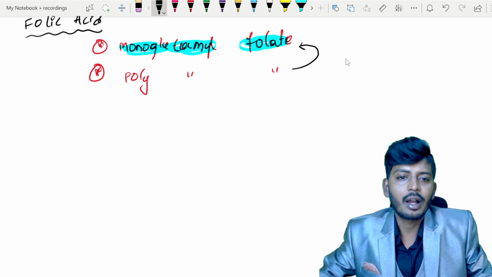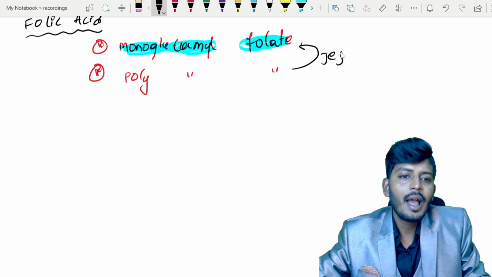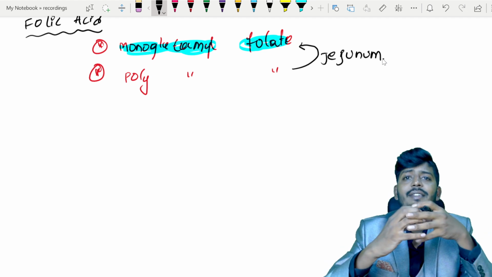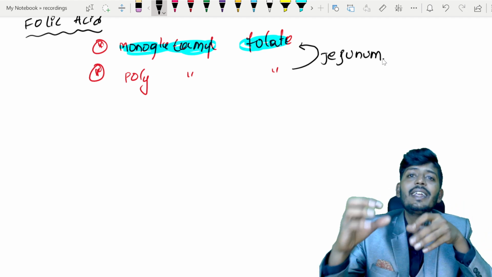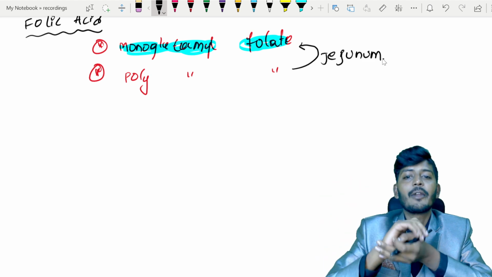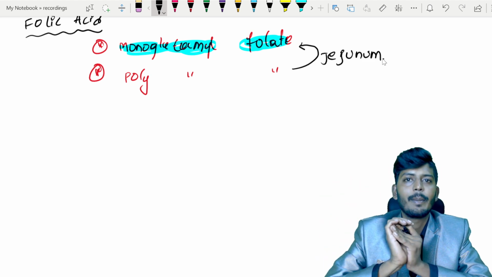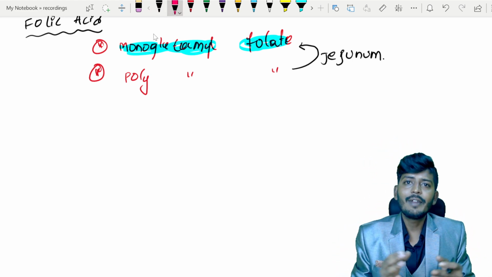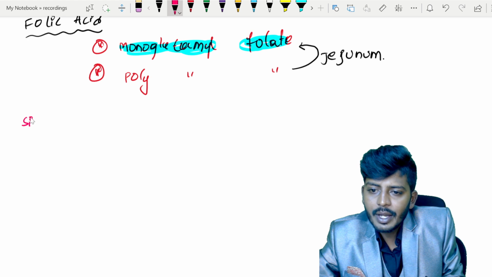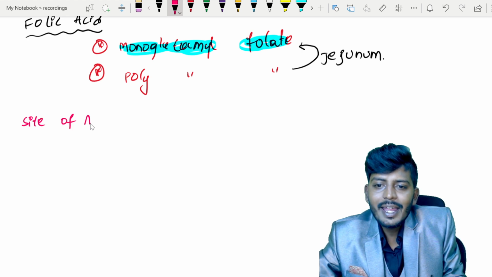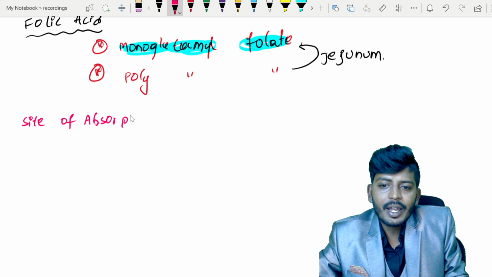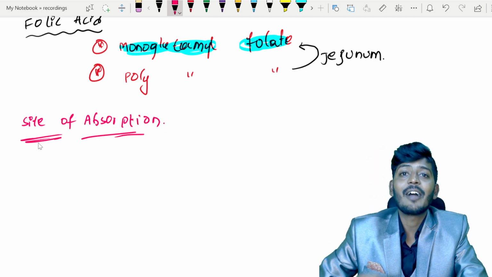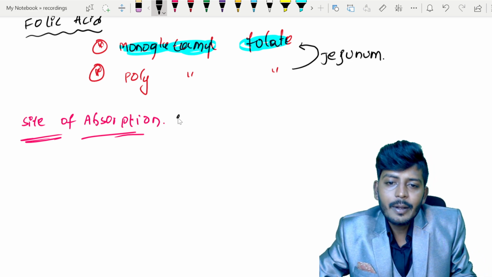This conversion occurs predominantly in the jejunum, and also part of the duodenum. So who does this? The cells located in the mucosa of the jejunum will convert polyglutamyl folate into monoglutamyl folate, my dear students. Now that we know monoglutamyl folate will get absorbed, what is the site of absorption? Where exactly, or which part of the GIT, does the folate get absorbed? Predominantly in the